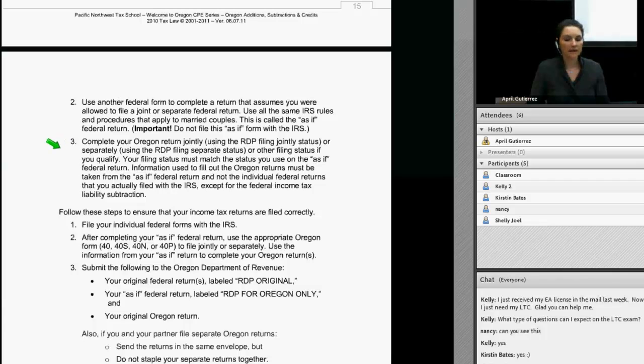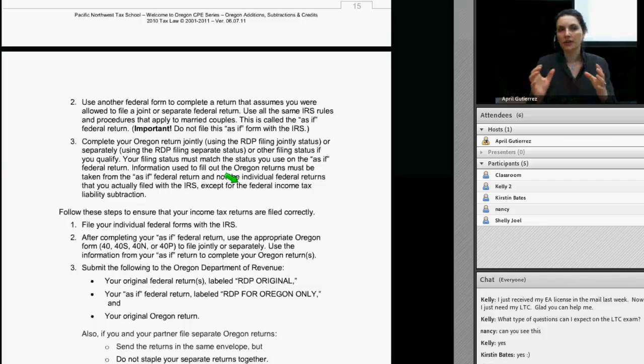Your filing status must match the status you use on the as-if federal return. Information used to fill in the Oregon returns must be taken from the as-if federal return and not the individual federal returns that you actually filed with the IRS, except for the federal income tax liability subtraction. That is an item where you have to actually look at what was paid to the federal government by both RDPs and use that amount as the forced-in number on the Oregon joint or